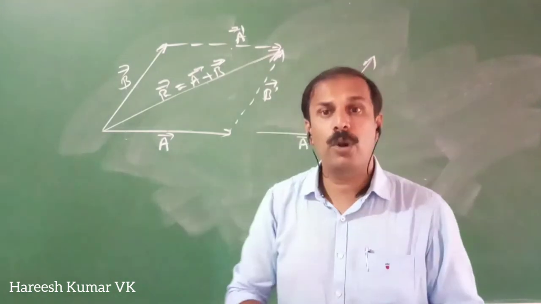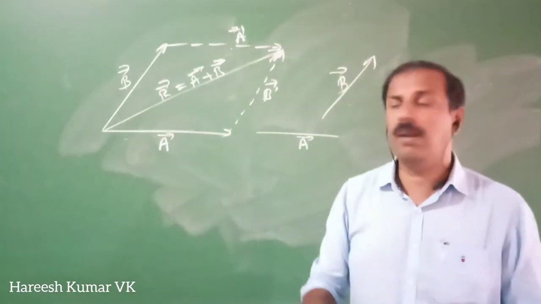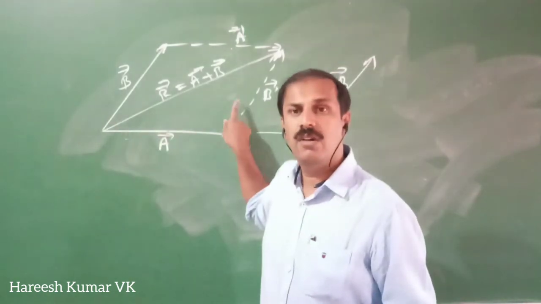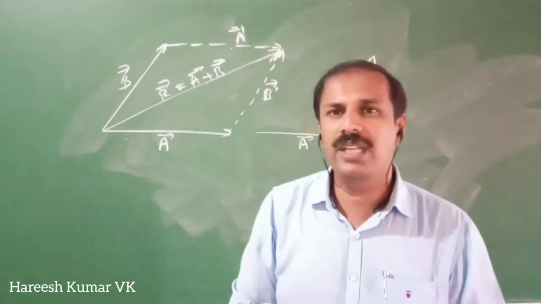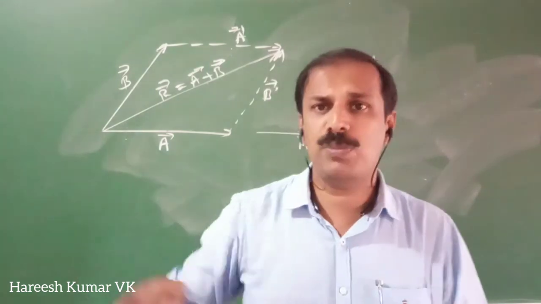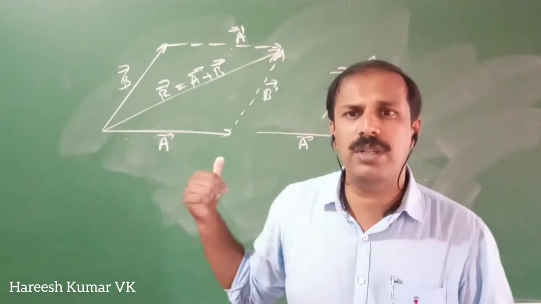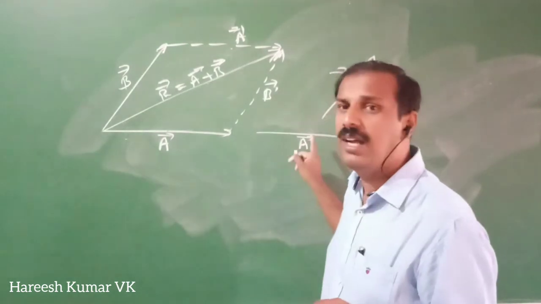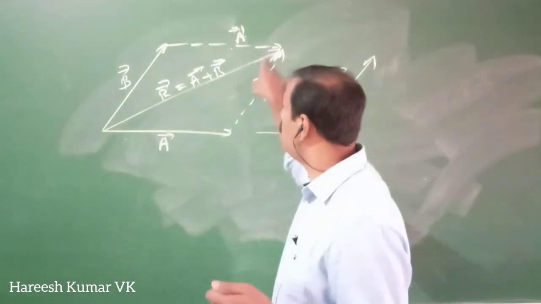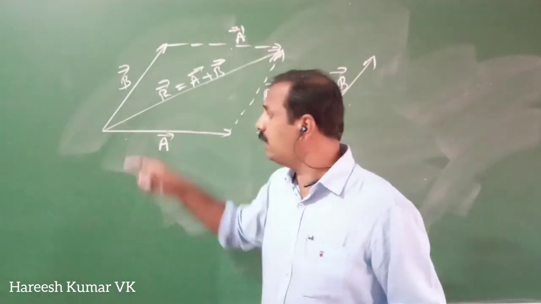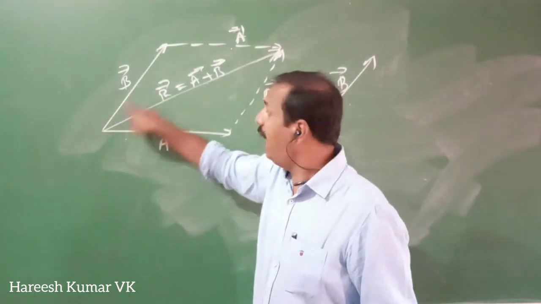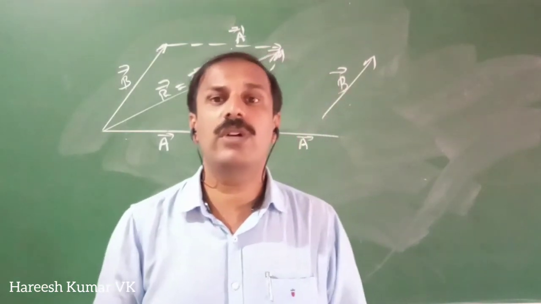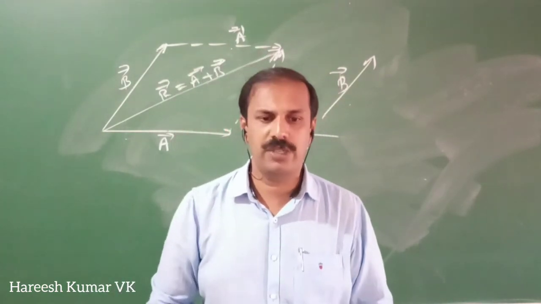As an example, there is a solved problem in your textbook. Based on this angle, how we can say what is the resultant. In the beginning I am not going to explain that one. Afterwards we will explain it, and at that time you will understand how we make use of it. So we have two methods. One is the triangle method, so only this much part will come. Second is the parallelogram method. Then we will take here and here, and the diagonal will give the resultant. That is called the parallelogram method of vector addition.